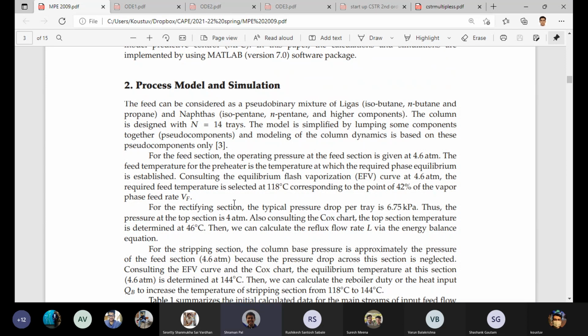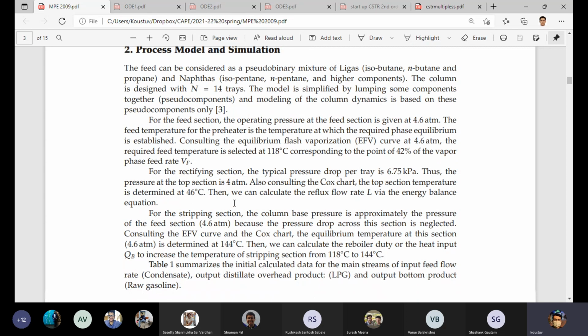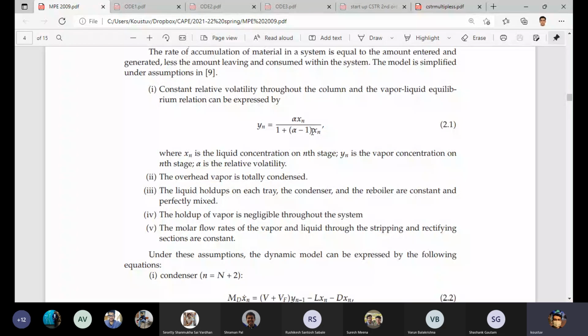Not sure, sir. But you got it correctly. It is due to the relative volatility equation, right? y equals alpha x by 1 plus (alpha minus 1) into x. So this is basically the vapor liquid equilibrium relation. In general, I was looking for that name. So in this example, you have this nonlinear term, and this can lead to a case where multiple steady states may or may not occur,